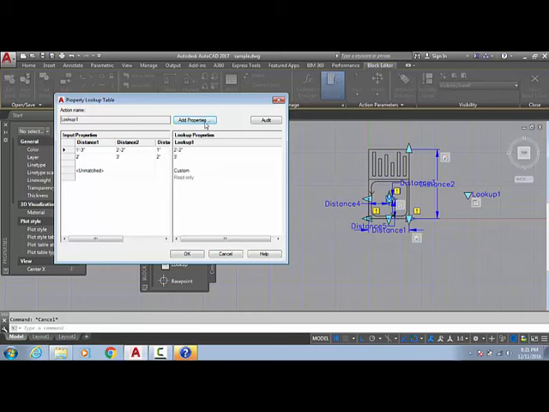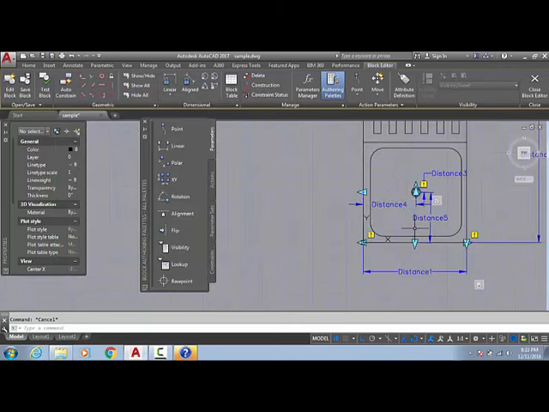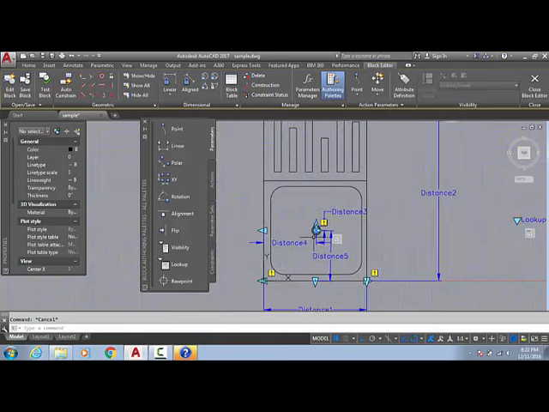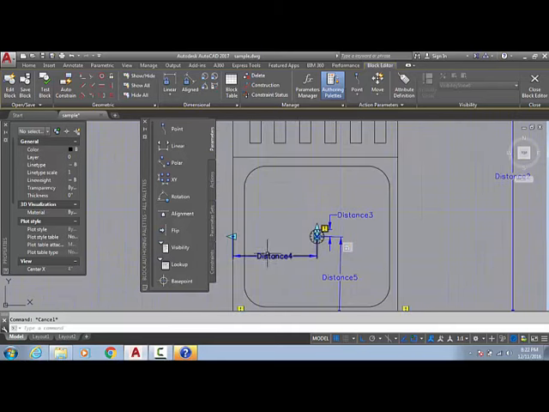Okay, now again figure out the dimensions, 2 dimensions. Here you will get 2 more dimensions. You will have to put all these dimensions accordingly. But before that, okay, I am not going to use this, cancel. Before that you need to move this object according to this distance. So go to the action and move this object according to the distance.